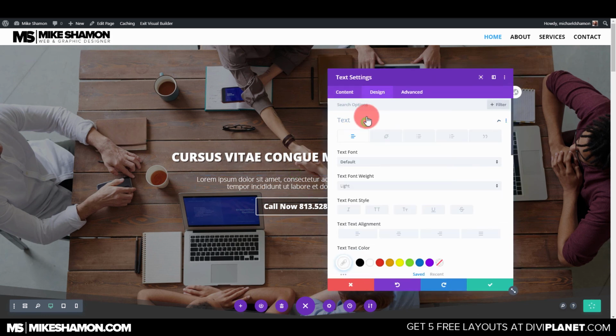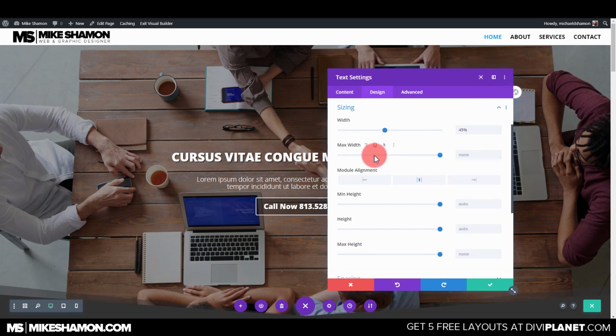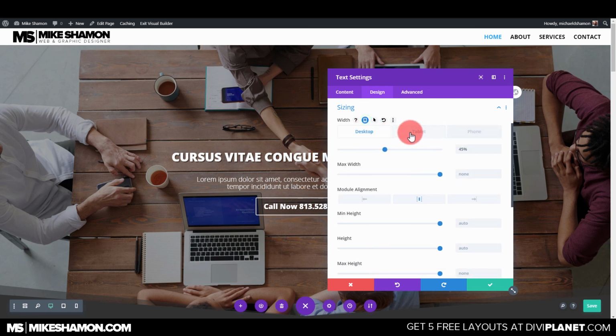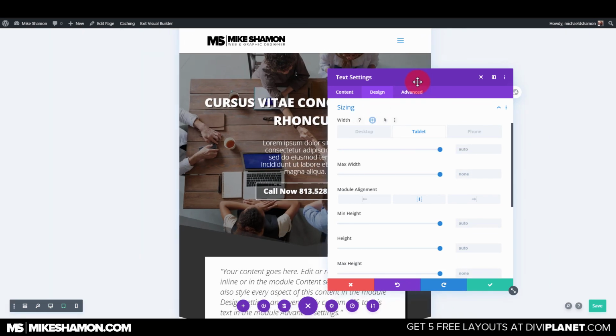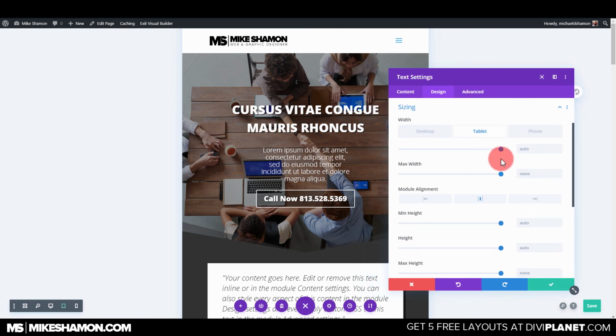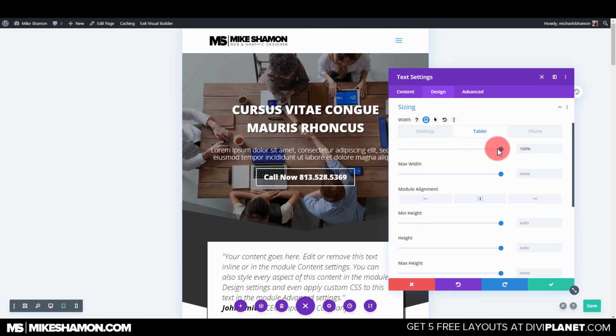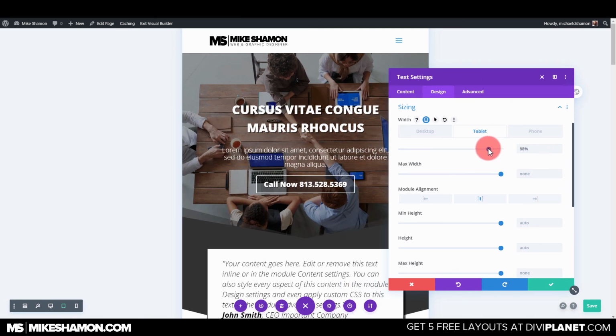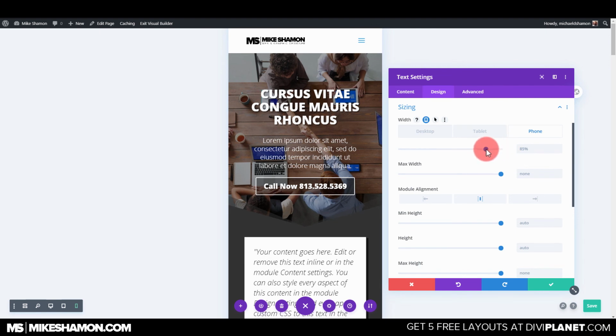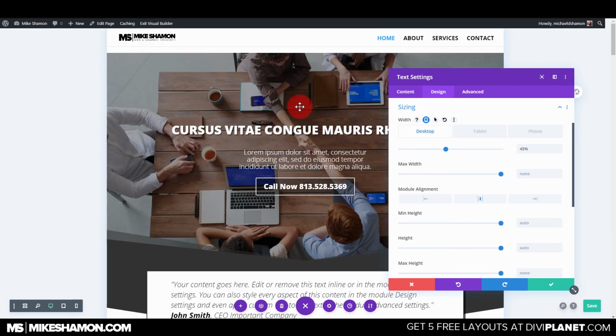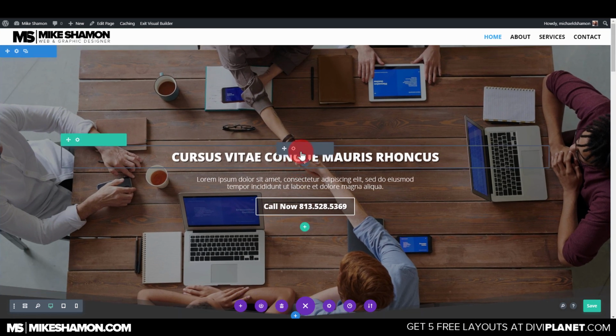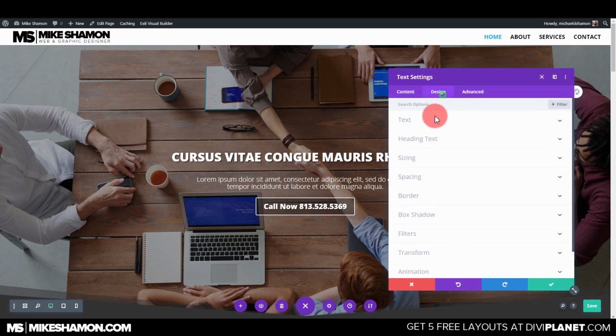Design, text, sizing, tablet. Fine, 85% looks good. Phone. Looks good. We'll have to change this on the tablet though, because this thing looks kind of weird on the tablet. Go back to settings, design, text,